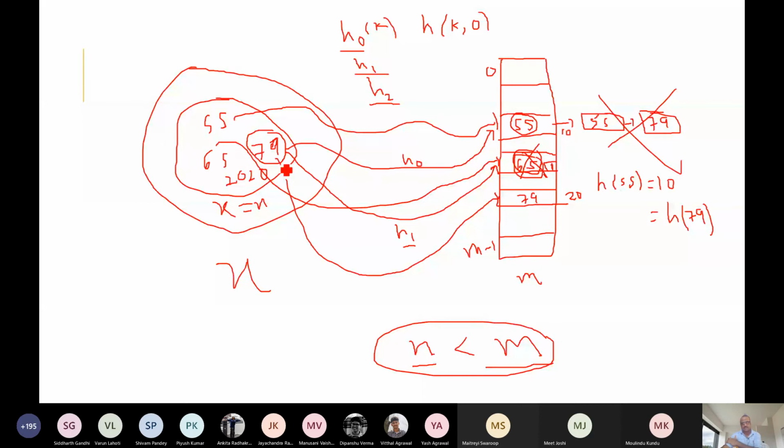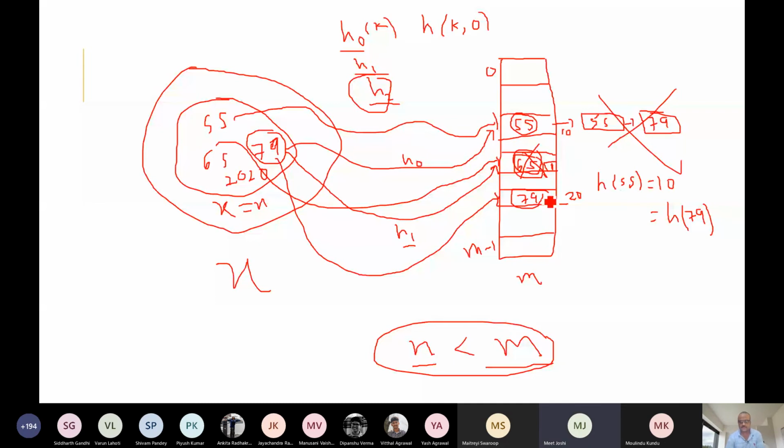Then we apply the next probe, the next hash function, h0. It hits here. Now we check, oh, this is 79. So we got the key. This key is in our record, so we can retrieve our record from the original database. So that same probe sequence has to be followed in order to search.